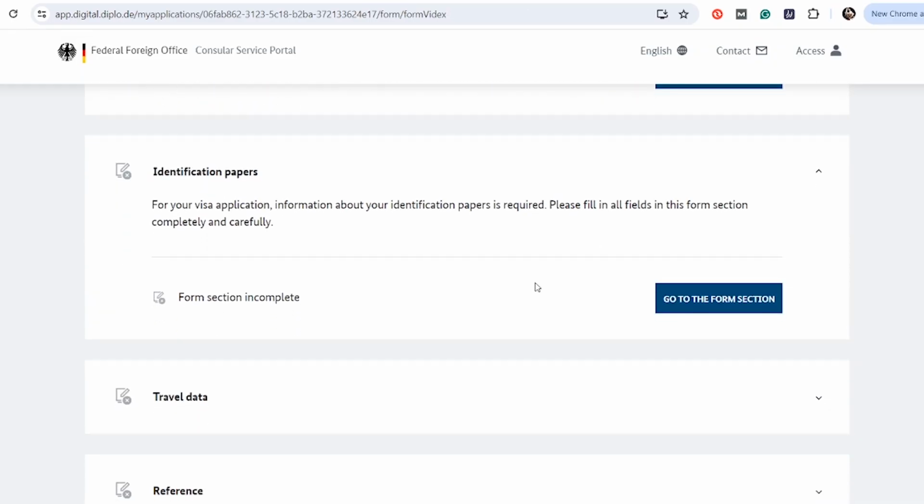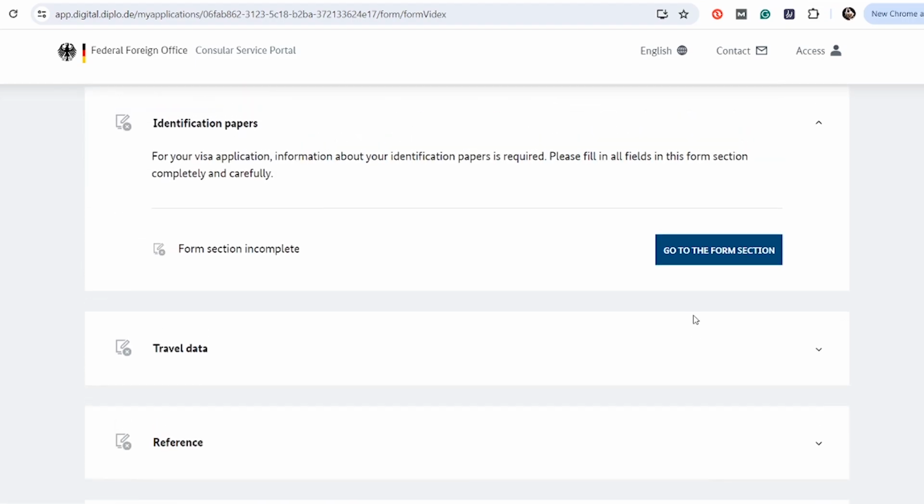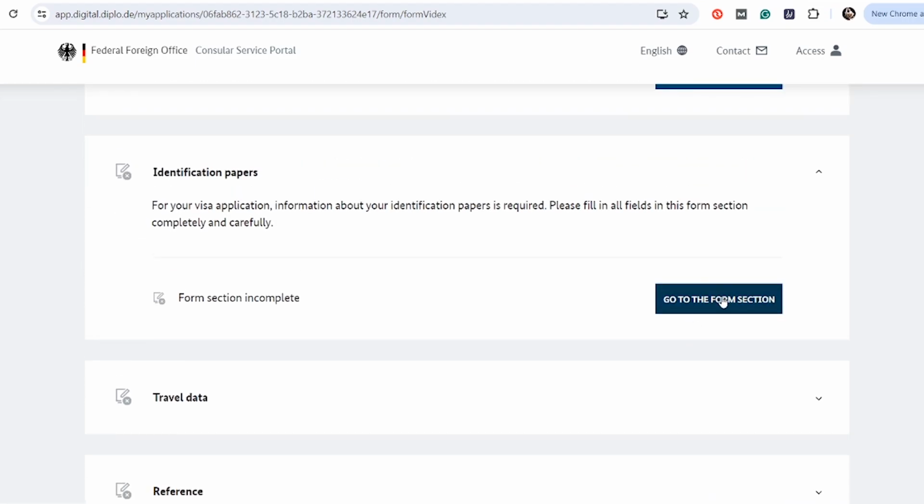So I'll just highlight the most important ones. Identification papers. This is very important as well. Go to form section. This is what is asked in the identification papers. So your identification paper, go to form section,